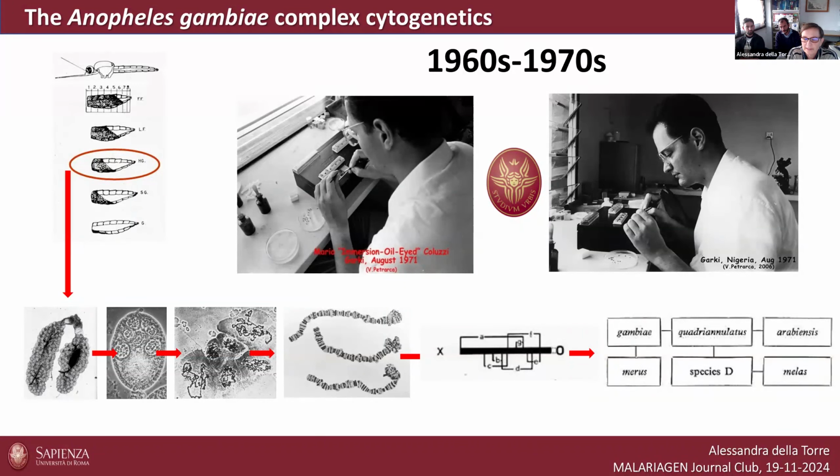geographical area, so when we moved from northern savanna to all West and Central Africa, we realized that there were always 2 units that never or very rarely mated and produced progenies, but that the relationship between the chromosomal forms and these 2 units was not univocal. And to make a long story short, we named 2 molecular forms, which were called M and S, some of which in some geographic areas have specific chromosomal arrangements, but in most cases they share the same chromosomal arrangements, but at different frequencies in different